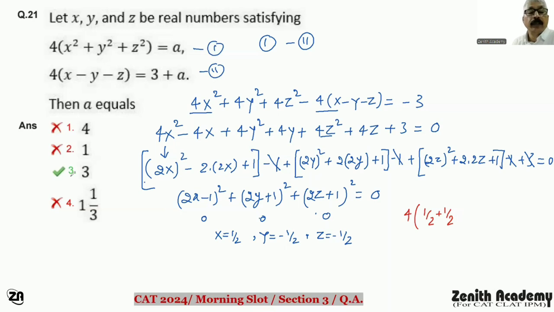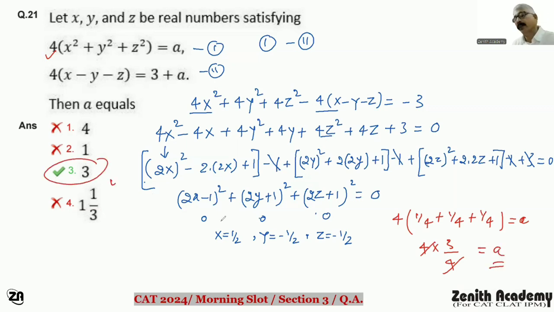क्वेश्चन नंबर 1 में रखो, फिर सब्ट्रैक्ट करना पड़ेगा। सो a की वैल्यू चाहिए, सो पुट इन दिस इक्वेशन। सो 4a is, this is 1/4, y square is also 1/4 and z is also 1/4 is equal to a 4 into 3/4। ये आपका a is equal to 3 आ गया, करेक्ट। बहुत माथापच्ची करने के बाद ये कुछ मतलब ये एग्जाम में नहीं निकला, नहीं निकलते हैं ऐसे क्वेश्चन, बहुत ही